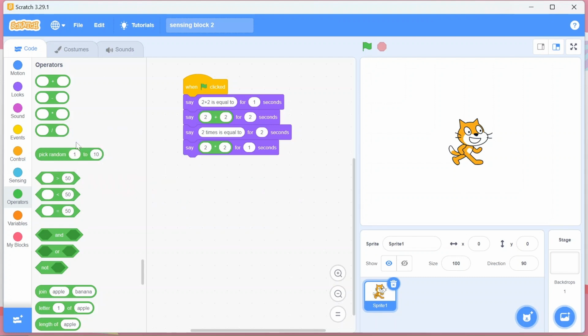So this is how you can use all the other blocks. I have just given you an example. In a similar way you can use subtraction and division. So let's play this, and then it will just answer it. Let's start. 2 plus 2 is equal to 4, and then when it does 2 times, it is equal to 4. So this is how we can perform our mathematical operations.